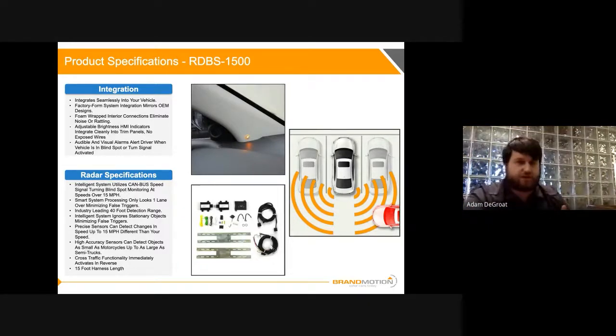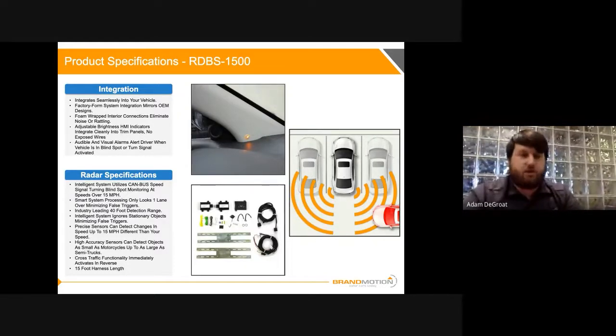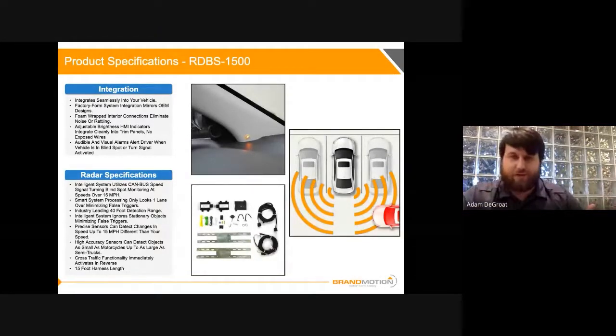So getting into some of the specifications, the system utilizes the CAN bus speed signal when turning on the radar blind spot mode over 15 miles an hour. So what happens when you go above 15? It senses your CAN bus speed signals and reads those. The system also processes looking only 1 lane over, as I had mentioned. So a lot of these specifications are what you're going to see on the previous slide in the features, advantages, and benefits. So what I'll do is I'll go into a little bit of unboxing,